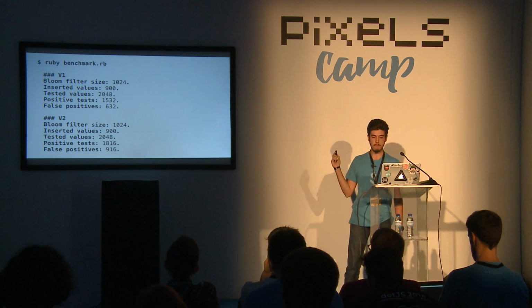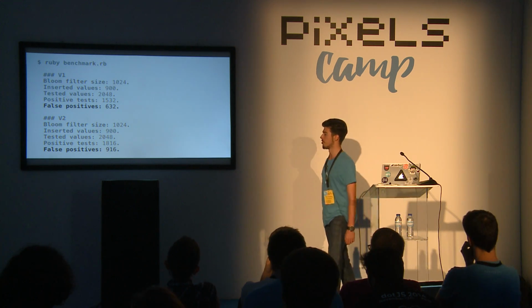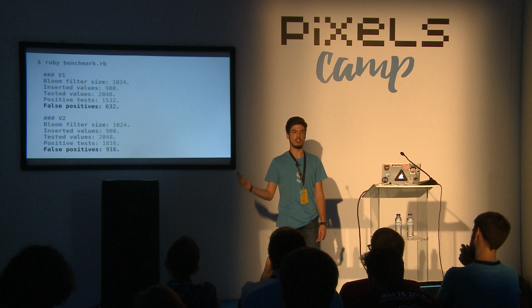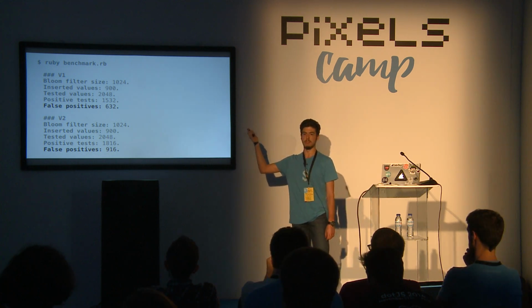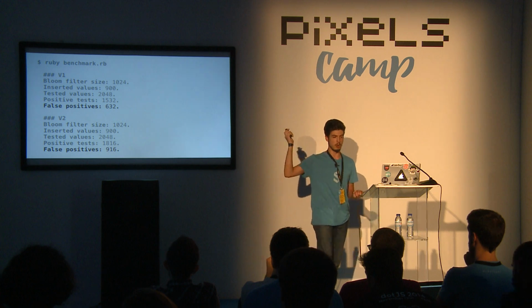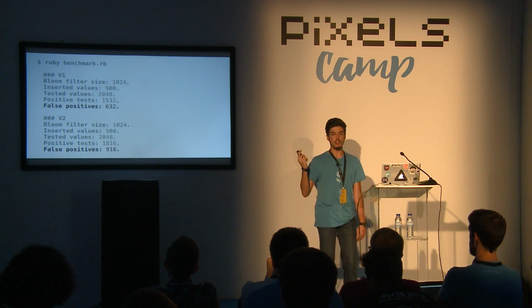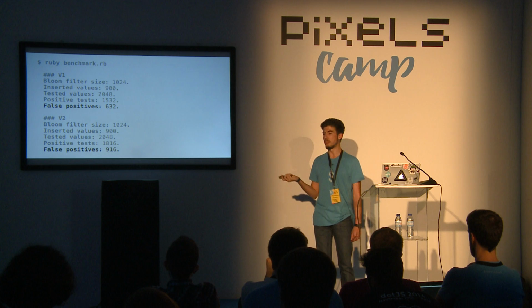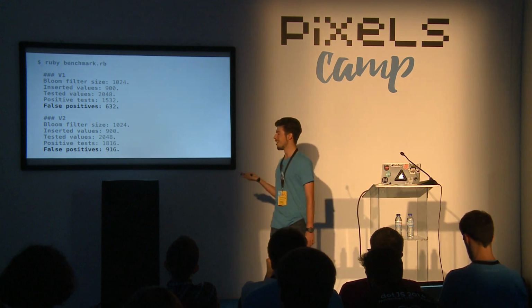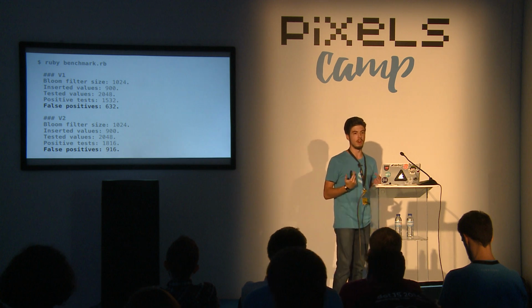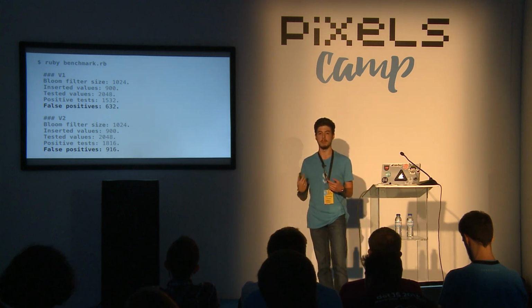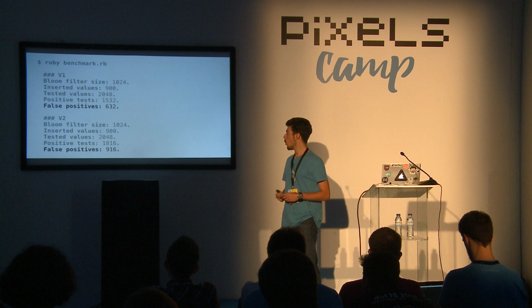And the data that really counts is this thing, the number of false positives. And if you remember, we said that the first version, the one that I talked about earlier with a single hash function, should have a lot more collisions. But the opposite is happening here. And this is really weird because it doesn't make sense. If we want to solve the problem of false positives, we'd add in more hash functions. Well,